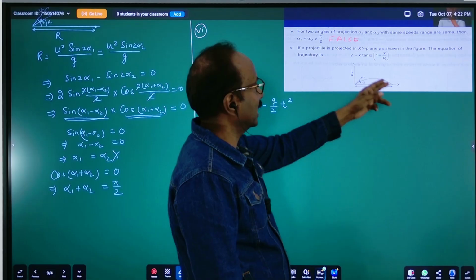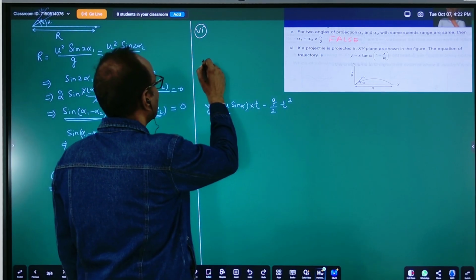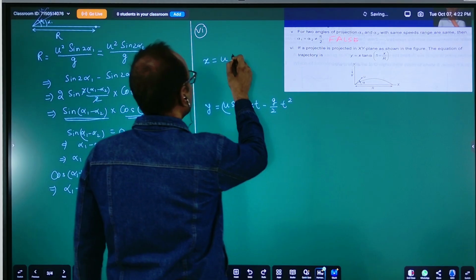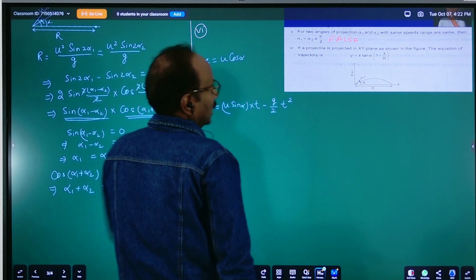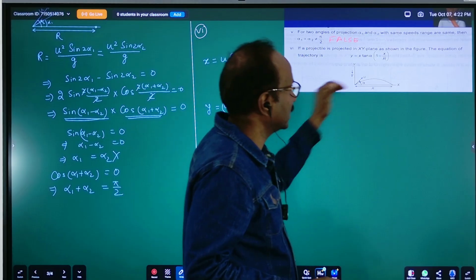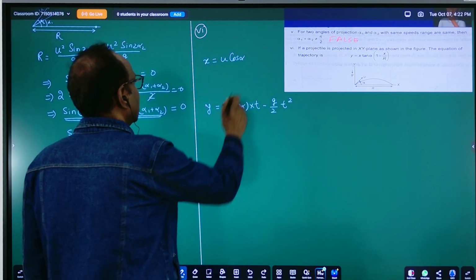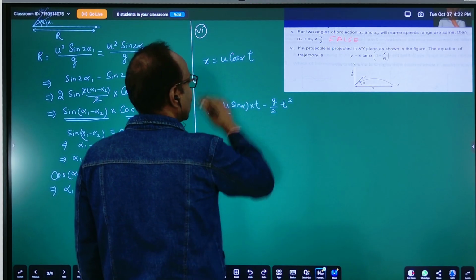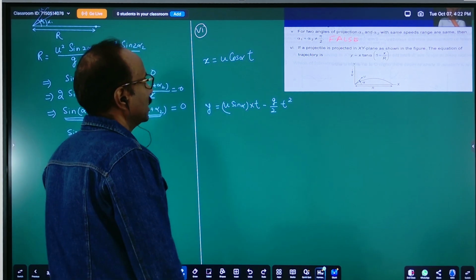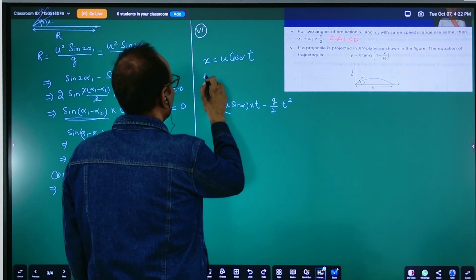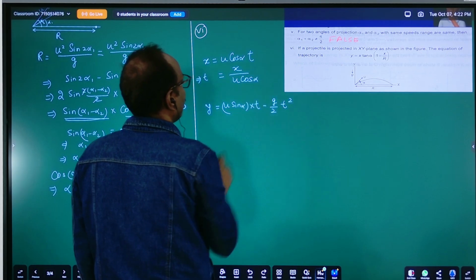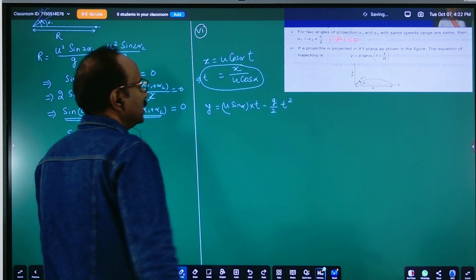The same way we can write the x coordinate of the projectile at any time t. That will be the component of velocity in the x direction, and that will remain uniform, constant, because no acceleration or force is acting in the x direction. So simply multiply it with t, and you get the x coordinate at any time t. So you can write t as x by u cos alpha. If we use this t in this equation,